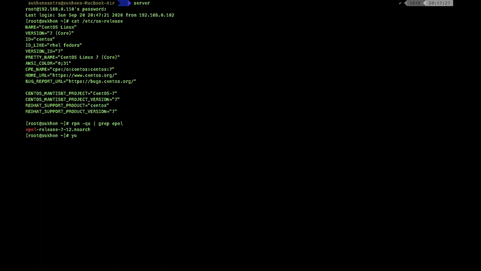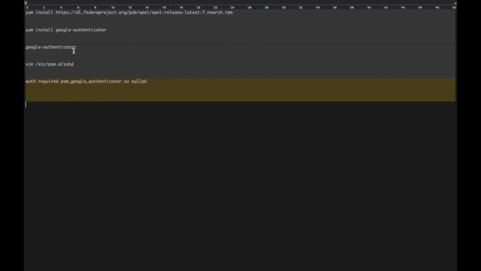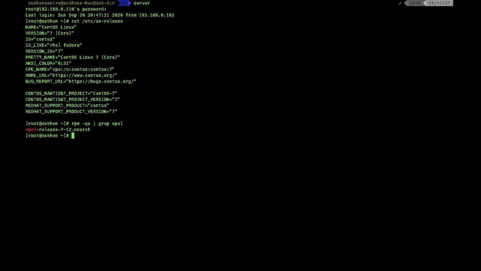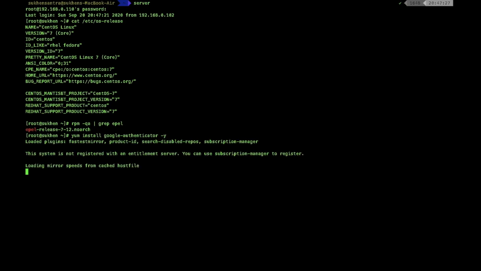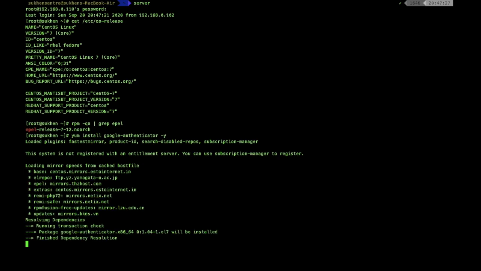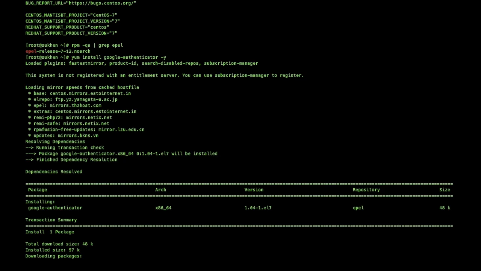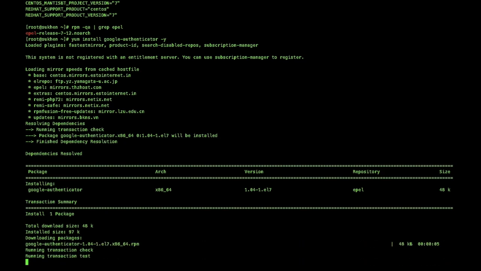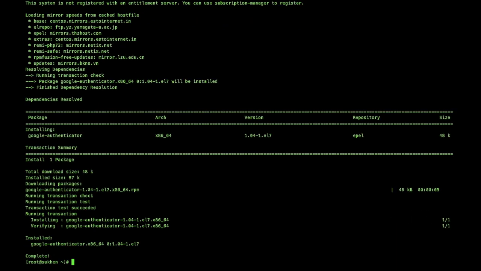Now just type, okay, hold on a second. I already copied this command. Just copy it and paste here. So yum install google-authenticator, and also -y if you want to. Okay, so it's loading. Okay, it's done. The next step is we will use a helper app that comes with the PAM to generate